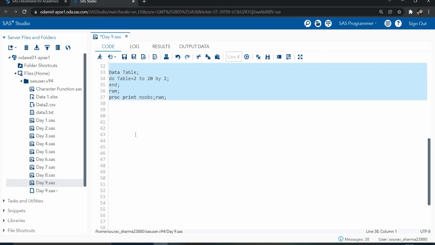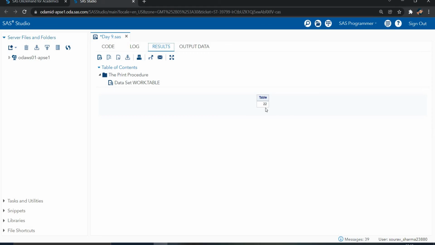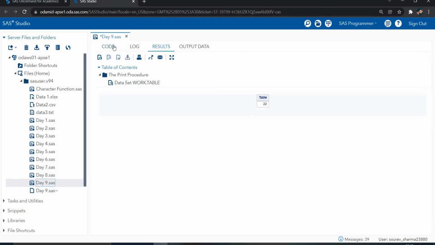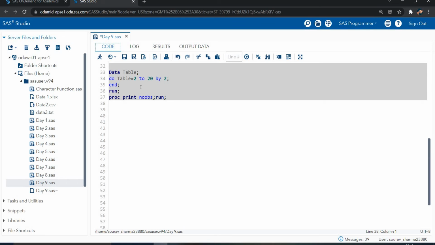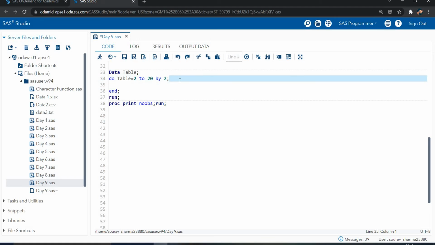Because I'm looking for the output of each step. If I'm not writing the output statement, it will show only the end value. So now you can see here it shows only the end value 22. Because this is by 2 increment, it will show till 22. So this is the do statement.